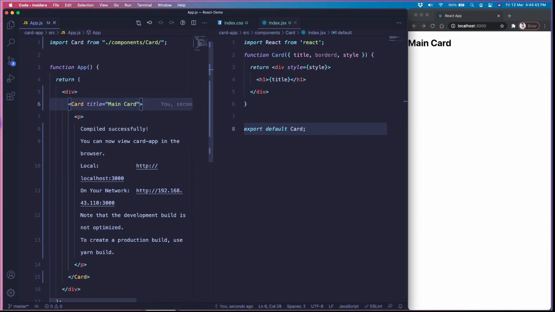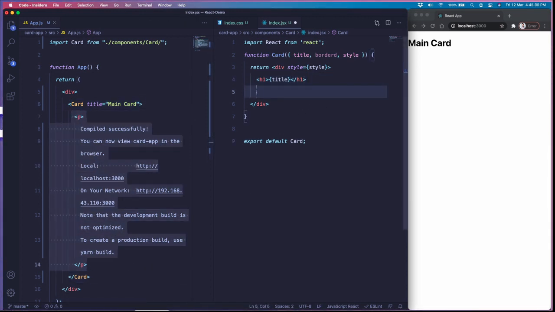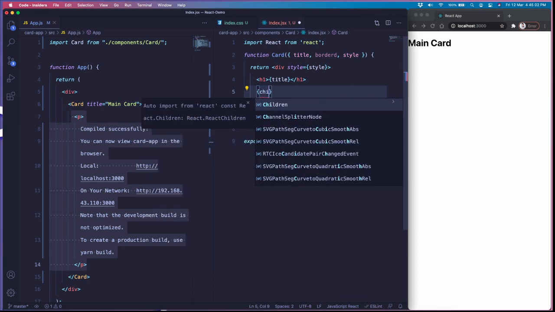Okay, so you can see this is visible, and it is just showing the title, and similarly it should contain this value as well. So I'll take this children,